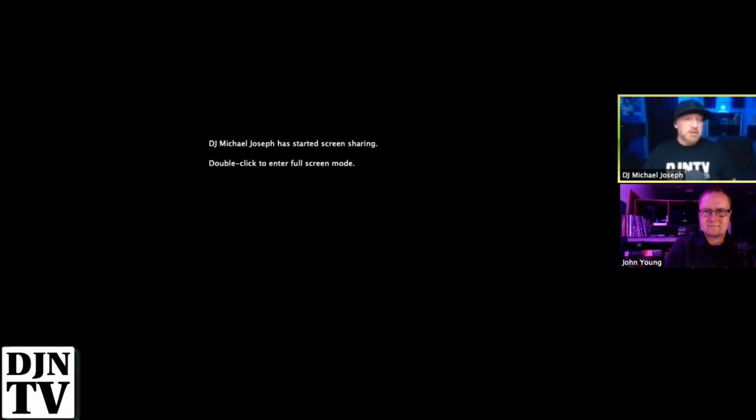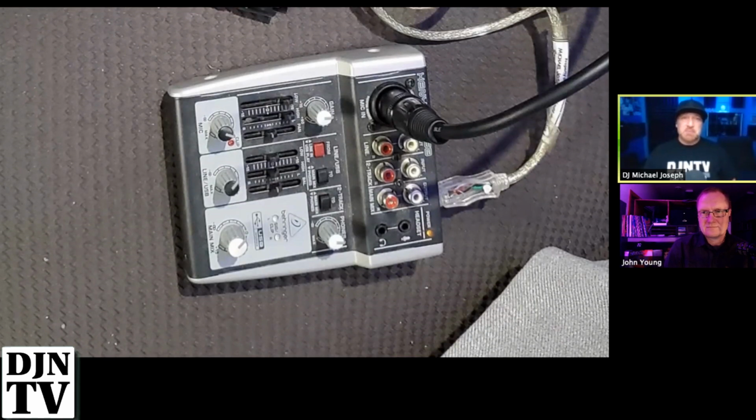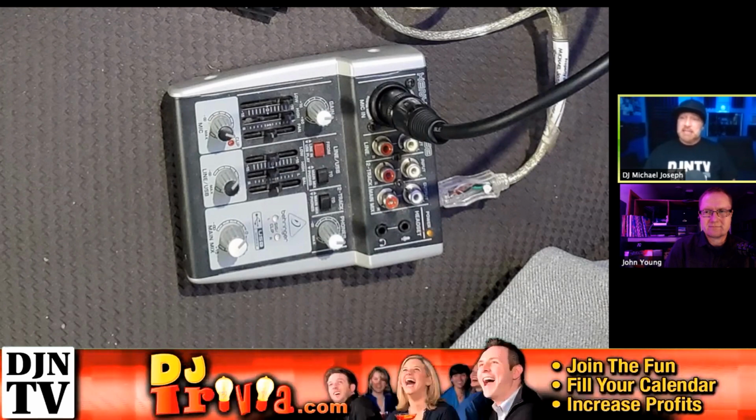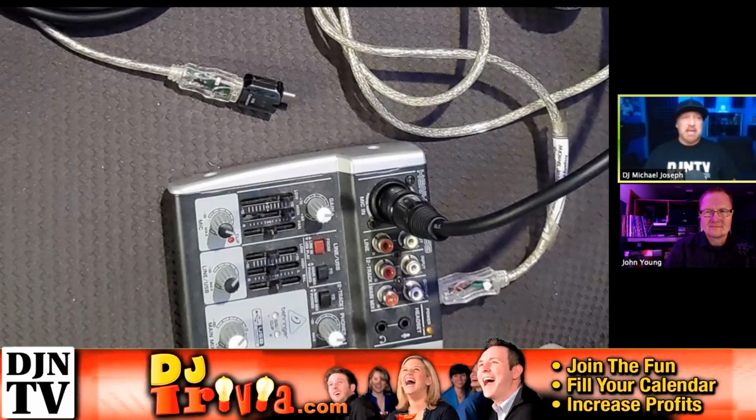So I said, I'm going to share here. Okay, so here is the mixer. And I said, well, I wonder if I go out of this mixer, USB, and since I plug it into my computer, what if I put an adapter on there to go from USB-A down to USB-C and plug that into my phone? Can I get sound out of it? So when I did it that day, all I had is that hookup right there. All that is a USB-A to USB-C. And as soon as I popped that into my phone, my studio speakers popped.